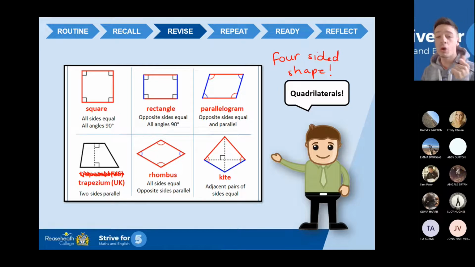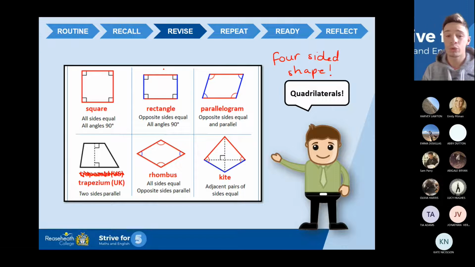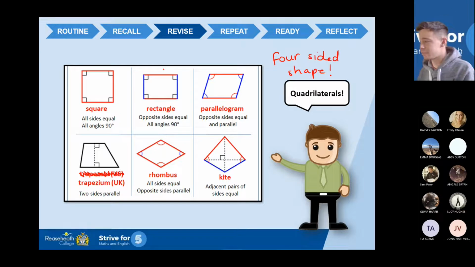So a square, all the sides are equal and all the angles inside are 90 degrees. Okay. A rectangle, it has 2 pairs of equal sides. The length and the width, and all the angles again inside are 90 degrees. My favorite one, parallelogram. The opposite sides are equal. So the top and the bottom are the same size, and the left and the right are the same,